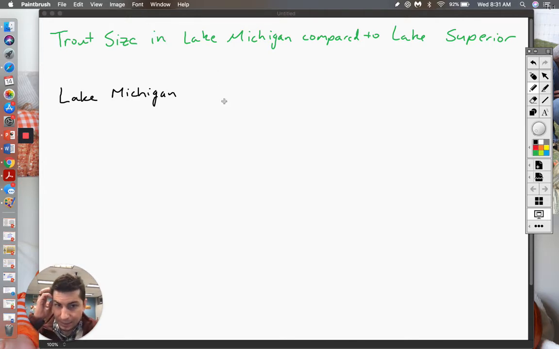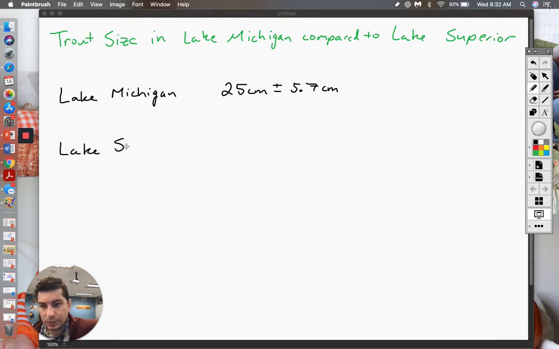We'll say in centimeters. We'll say the average trout is 25 centimeters plus or minus, let's say 5.7 centimeters, okay? And then let's say for Lake Superior,